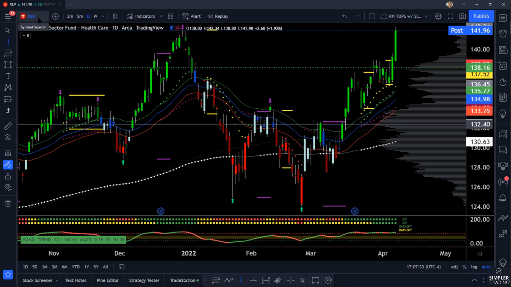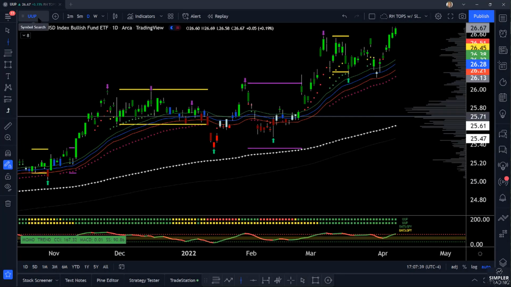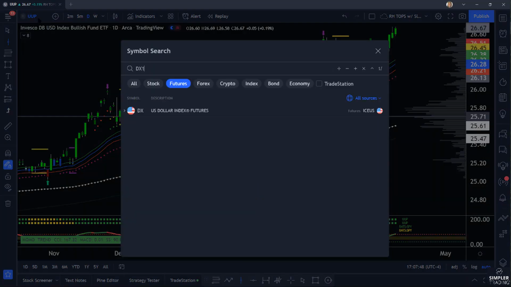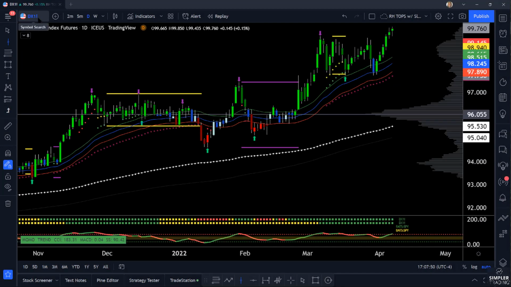All right. So there are ways to crack this market open and look in unusual places. The last one is if I have weakness in the euro, the pound, and the yen, which we do right now, green light to buy dollar index futures or the UUP on the dip. So plenty to look at, plenty of gorgeous trends.